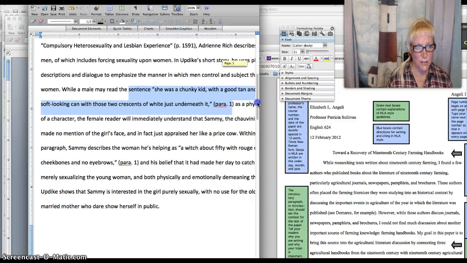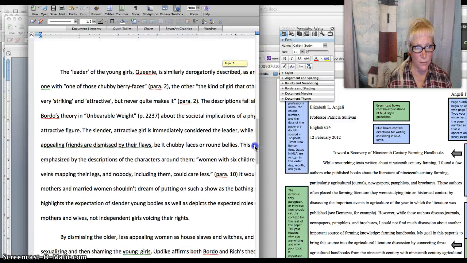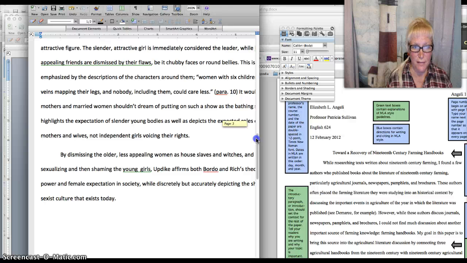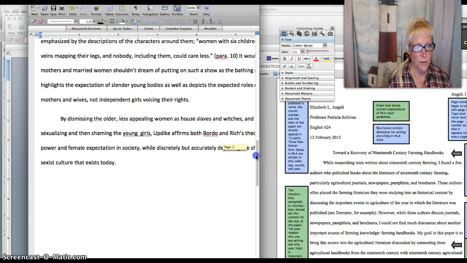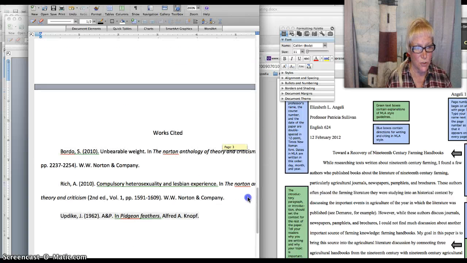The only citations are from paragraph 1 and paragraph 2, although she cites Bordo's Unbearable Weight as saying where the essay is in the book. The essay itself isn't cited. So I'm still looking for that. I'm just letting you know what I'm looking for still in your essays. So I'm still looking for some of those things. The citations are great. This is